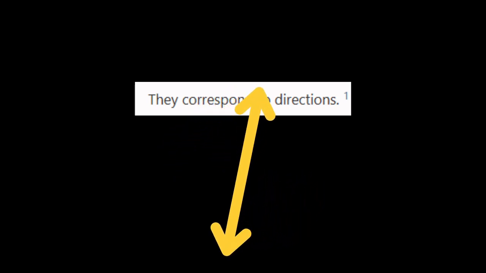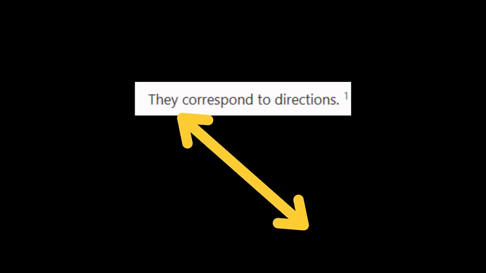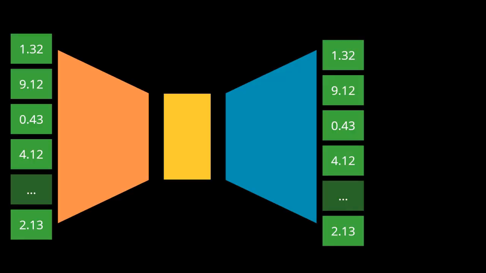So that is the first bit of the first claim covered, but then the next sentence is, they correspond to directions. What does that even mean? For this, some background information is useful. Modern content generators are dependent on a particular technology, a variational autoencoder. This is a type of neural net developed to classify data, but it was later used to generate data as well. If we gloss over some mathematical details,